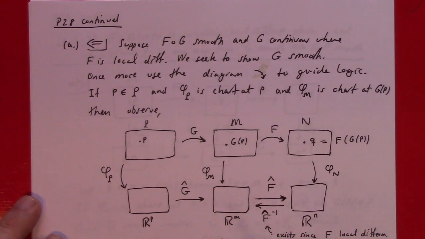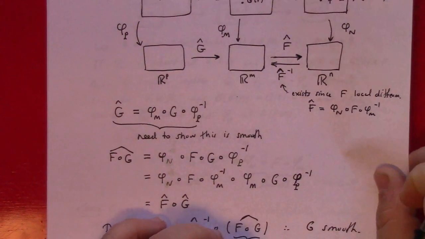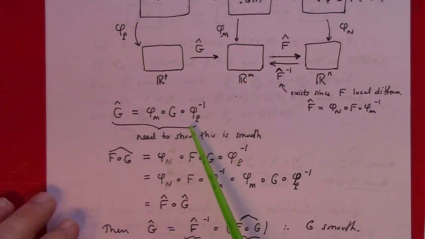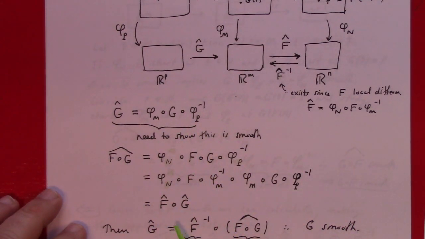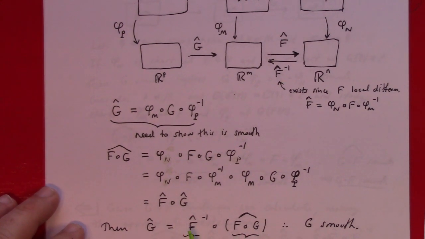So basically the game I play here is to look at the local coordinate representative of G and try to rewrite it in terms of the other maps. You notice by this calculation that the local coordinate representative of the composite is the composite of the local coordinate representatives, with the suitable restrictions being made in place. But since F is a local diffeomorphism, F hat is invertible, and as such I can solve for G hat, and I get F hat inverse composed with the local coordinate representative of the composite of F and G. Again, the composite of smooth maps is smooth, therefore G's local coordinate representative is smooth, which means